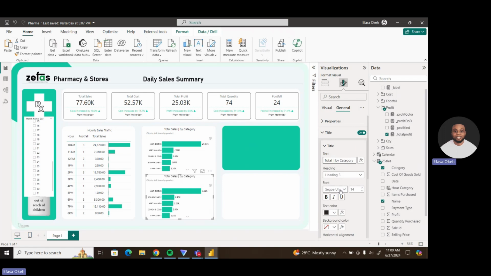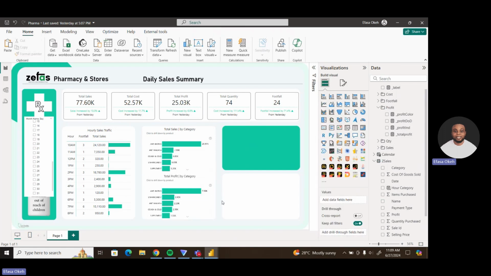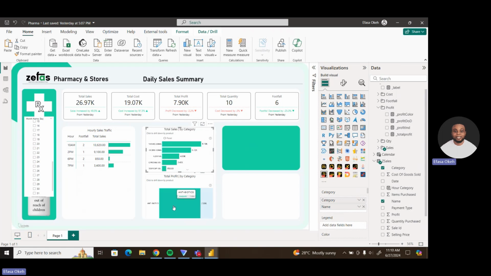So for the ZoomCharts, you have a lot of formatting options. This is just the tip of the iceberg, so there are a lot of formatting options you can explore. Now, interestingly, when you click on sales, if you drill down, what happens? It drills down to antibiotics. So it's telling you the total profit you have for antibiotics is